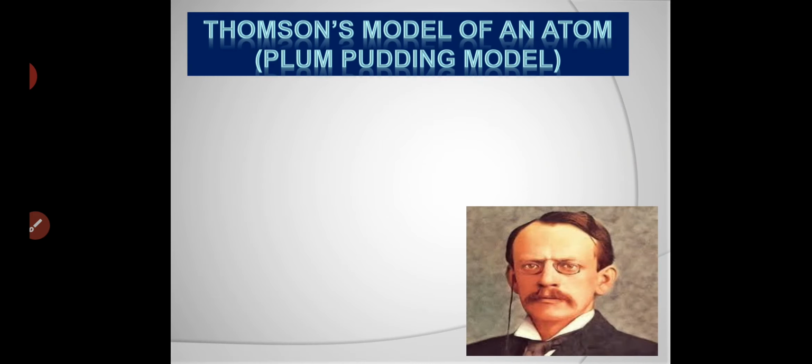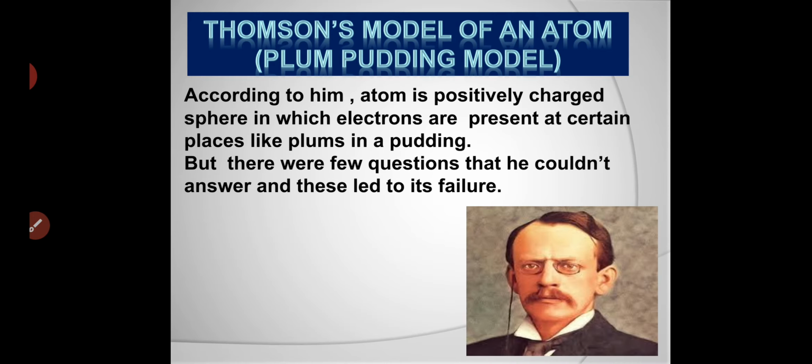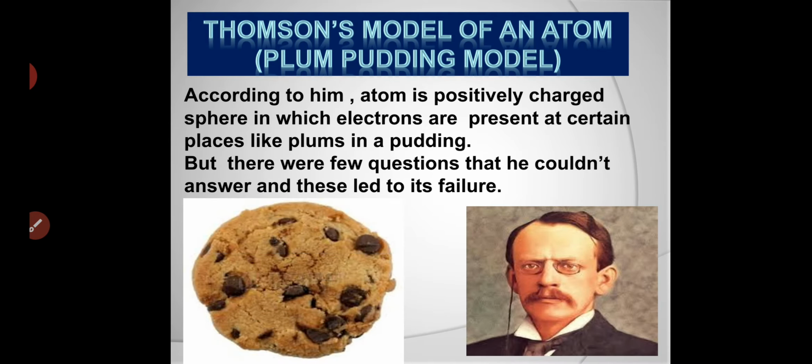Now, as Thomson discovered the electrons, he gave us a model, and his model got a special name called the plum pudding model. What is the name? Plum pudding model. So according to him, the atom looks like a plum cake. It looks like a plum cake. Whatever brown color you are seeing, in this way